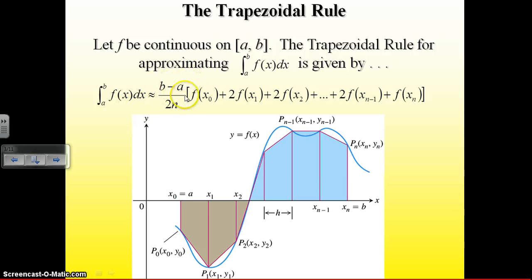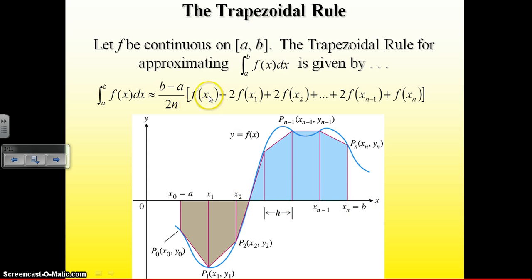We start out with (b minus a) over 2n times f of x sub naught plus 2f of x1, 2f of x2, all the way up to 2f of x sub n minus 1, plus f of x sub n. So here essentially is what's happening. You've taken your interval from a to b, you've broken it up into a partition. Maybe you've broken it up into fourths or tenths or 20ths, however many trapezoids you want to draw. And each endpoint, now this is not just left endpoint, right endpoint, but at each of those endpoints of the